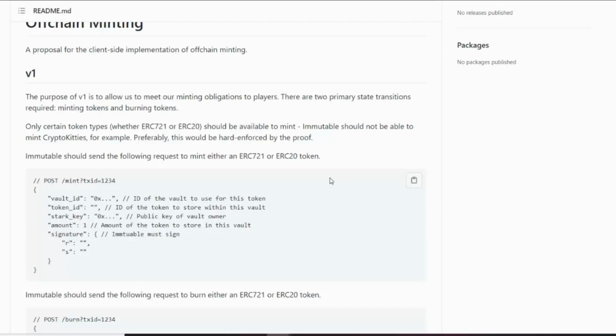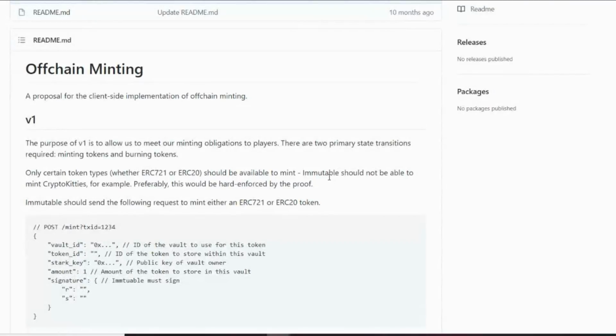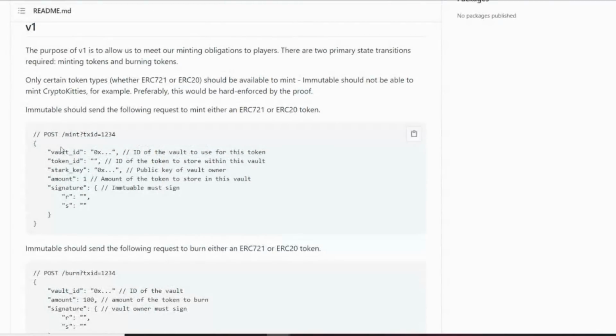And that's exactly what Immutable X provides. They have provided an API which allows you to mint, trade, whatever. So it's really, really simple how they've done it. And what's really cool about this is if VeVe had to integrate a solution very manually, they had to code this custom solution into their existing code base. When it comes to the future, if they did want to switch, it would be very, very difficult.